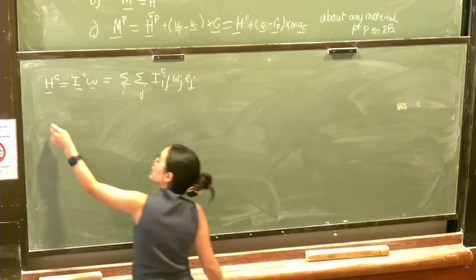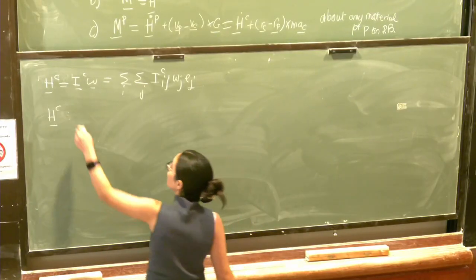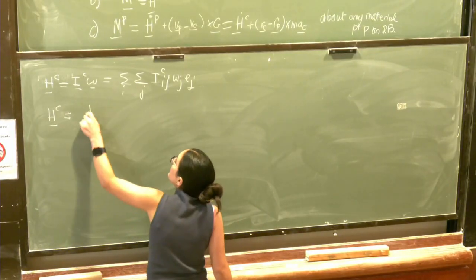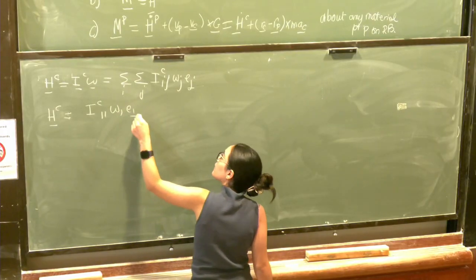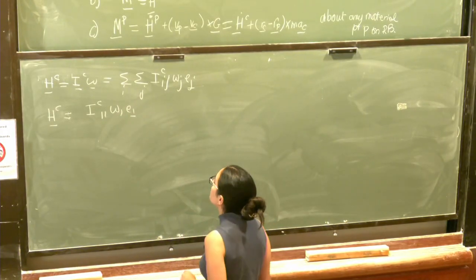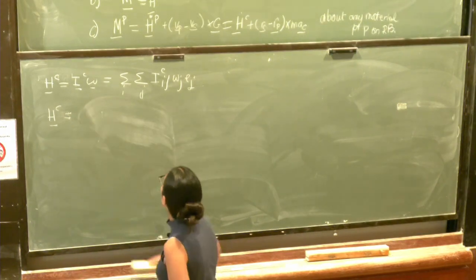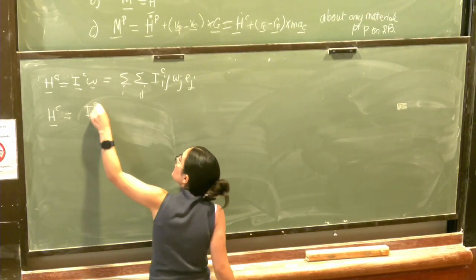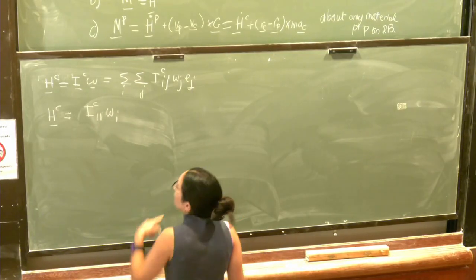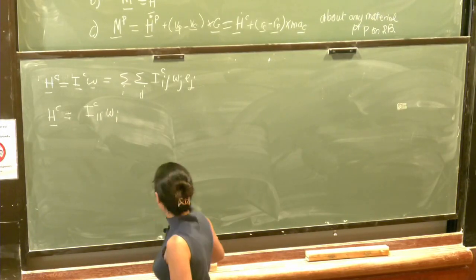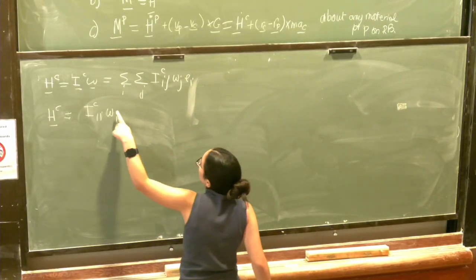So basically, if I remove the sum, that's just I^C_11 omega_1 e_1. I'll do a simplification. Okay. So I^C_11 omega_1. No, I have omega_j e_i. Yep. I^C_11 omega_1